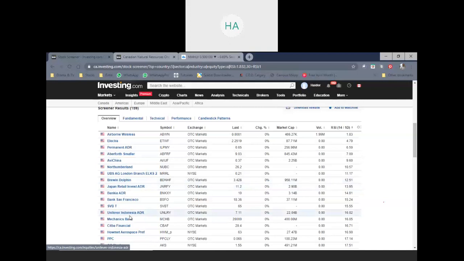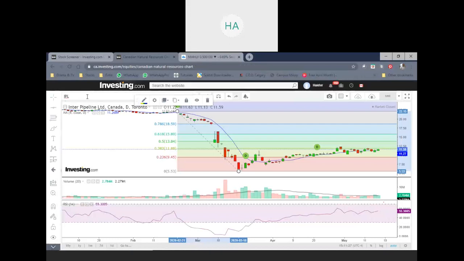So you see some of these stocks, like pick one, this MCHB. If I click here, MCHB,